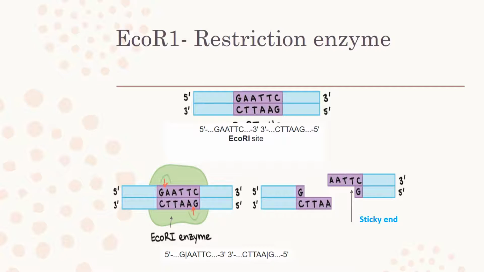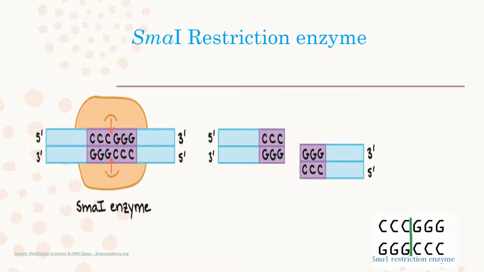For this reason, enzymes that cleave leaving single-stranded overhangs are said to produce sticky ends. Sticky ends are helpful in cloning because they hold two pieces of DNA together, so they can be linked by the DNA ligase enzyme. Not all restriction enzymes produce sticky ends. Some are blunt cutters, which cut straight down the middle of the targeted sequence and leave no overhang.